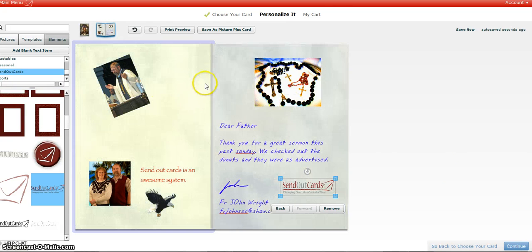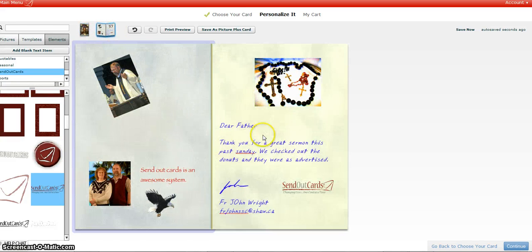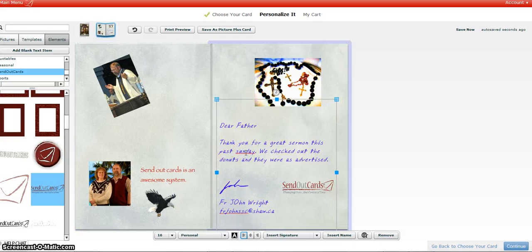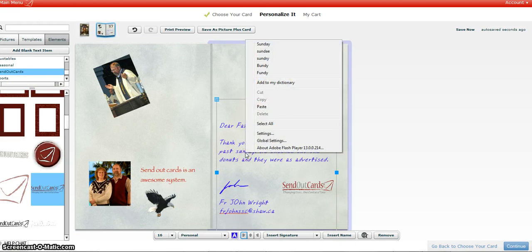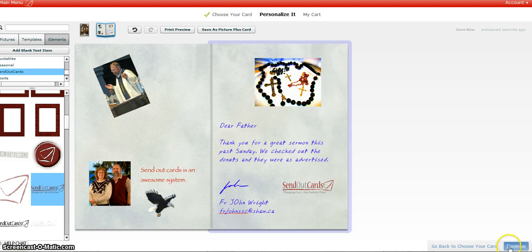And so you can see this is the inside of the card. I could fancy it up a whole lot more if I wanted to, put more text in it, whatever. Front of the card, there's the inside of the card. Oops, let's see, it's telling me that probably I should capitalize Sunday. There you go, done. So then I go down here in the lower right hand side, push continue, and it